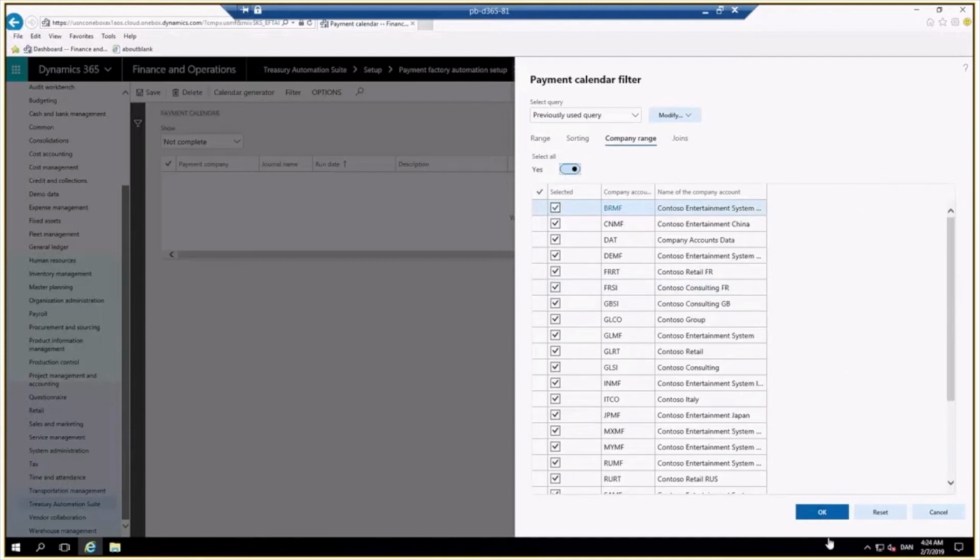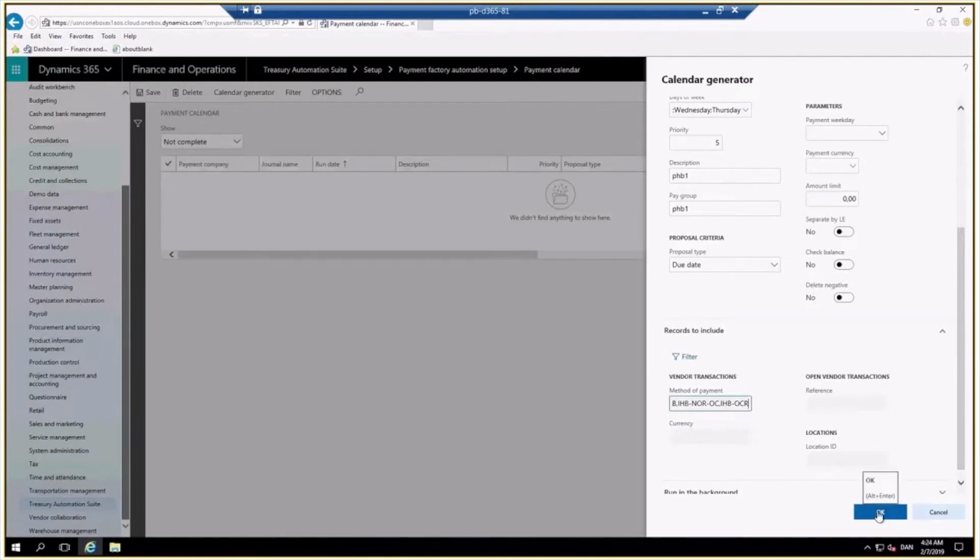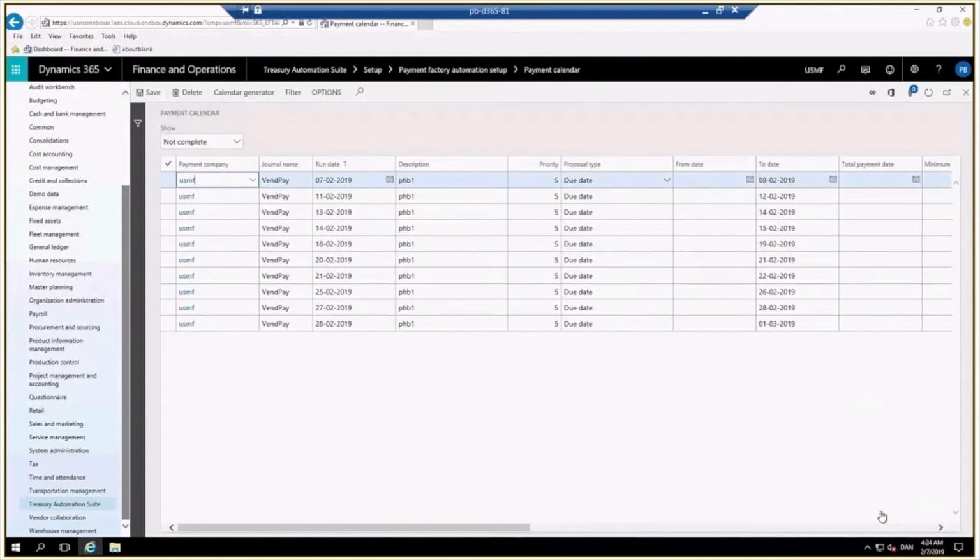We then push OK. Now you see the calendar entry at the top, and now a batch job will run in the background to create the payments based on our setup. Within a couple of minutes, it should run the entry for today. You can see that it calculated the to date, which means it will include all invoices due for payment until